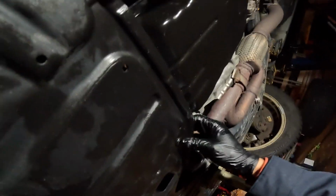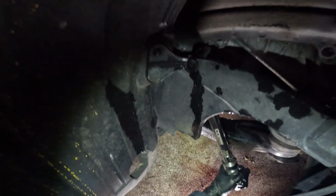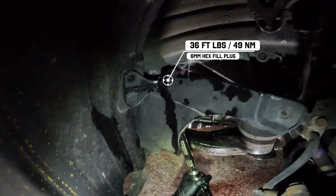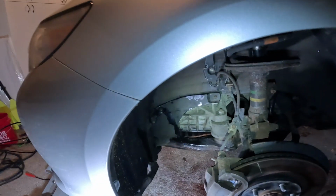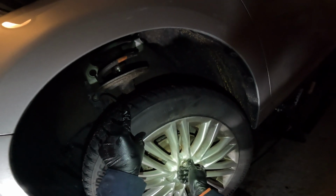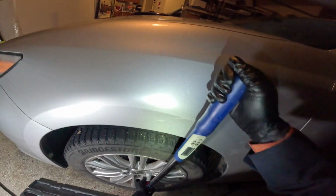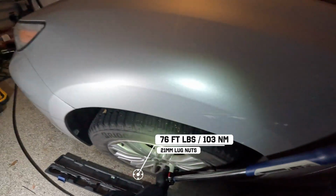Now we'll button this panel back in with that body pin and torque the fill plug to 36 foot-pounds. My GoPro didn't capture this very well, but now it's time to put back those two 10mm bolts that hold in the trim panel in the wheel well. Finally, let's get that wheel back on, torque it to spec, which is 76 foot-pounds, after lowering the car, and